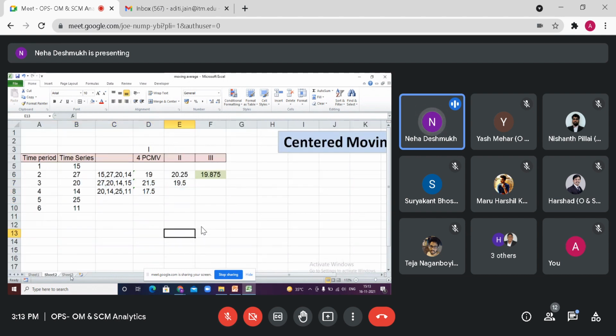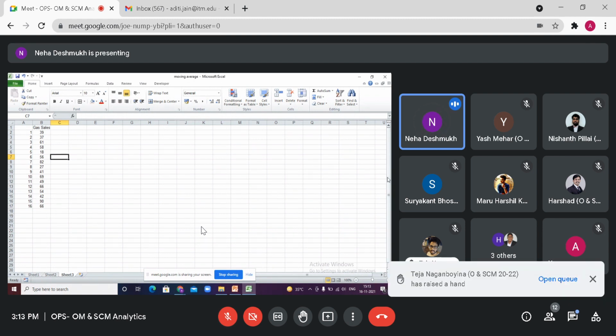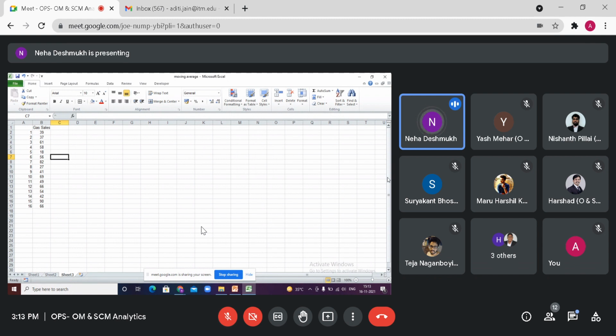So this is the centered moving average. One more concept is there, which is the exponential moving average. Exponential moving average is calculated by an inbuilt formula. It is also called exponential smoothing. Ma'am, one small doubt. Where can we find the application of this moving average? You can apply this for prediction or forecasting. When too much variation is there in the data, it is very difficult to forecast the next move. In that case, you can smooth the data or the movement for judgment by this moving average.